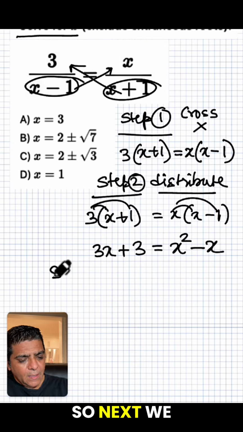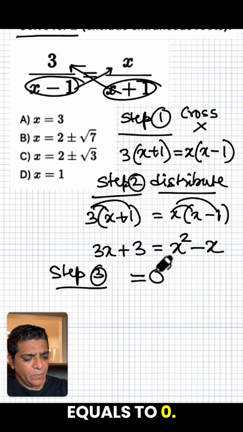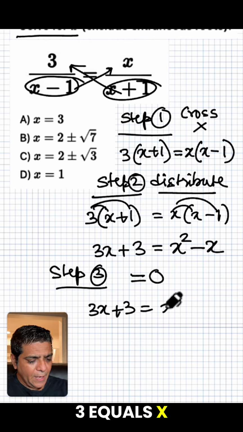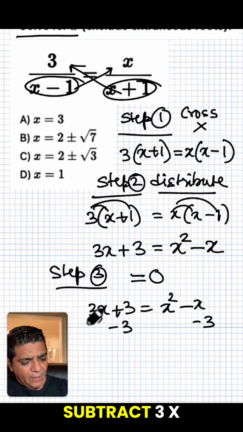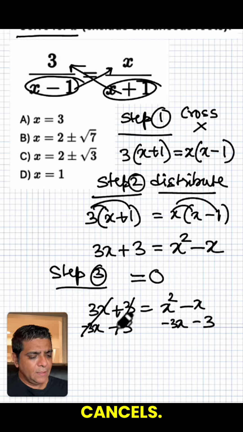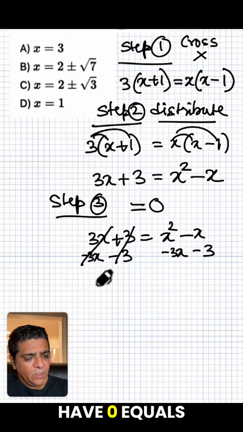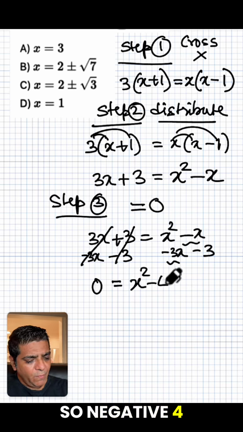So next we are going to write it as equals to 0. So bring everything to one side. So I have 3x plus 3 equals x squared minus x. You can subtract 3 from both sides, and you can subtract 3x from both sides. Okay, when we do that, these cancel, this cancels. So now we have 0 equals x squared, and then you have negative x and negative 3x, so negative 4x